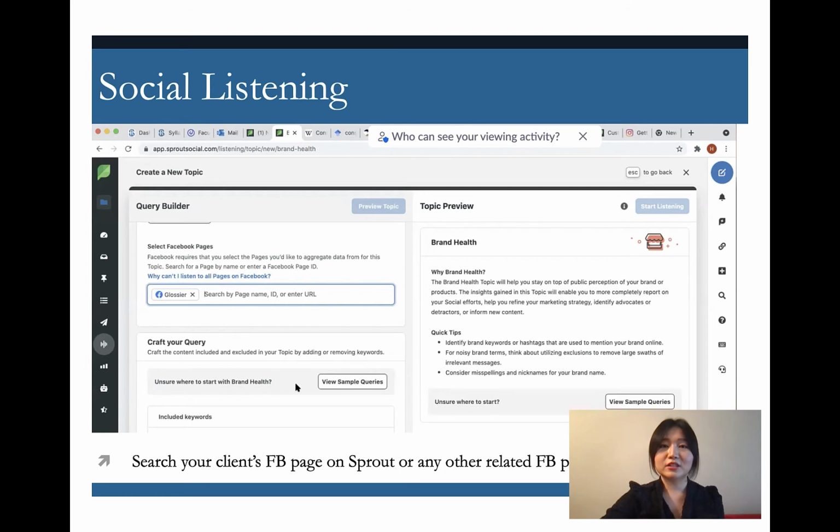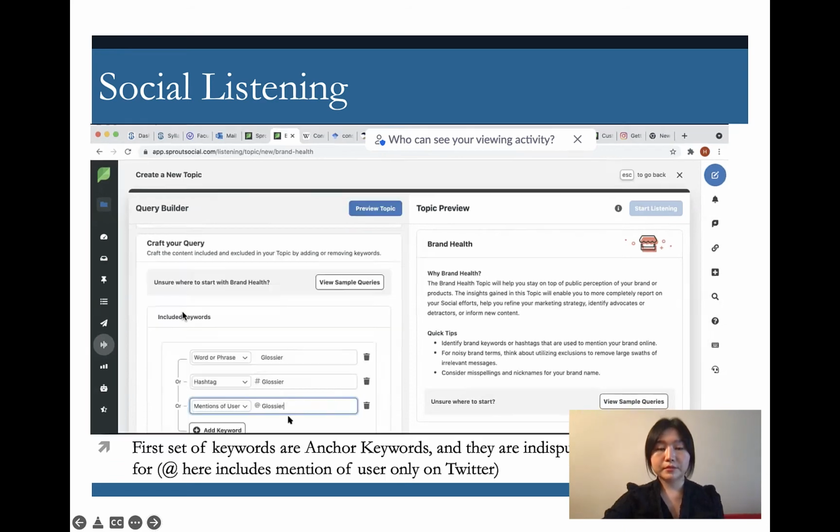Hypothetically, there's always a skincare forum on Facebook. So if Glossier didn't have it, I would still listen to that skincare forum page. But I'm sure all of your listening topics must have Facebook pages. So please put your competitor's brand name here and then click their Facebook page. Sorry. And then you are building the keywords.